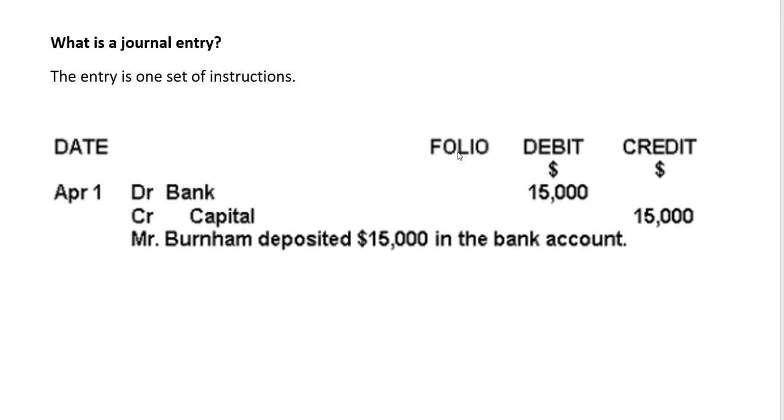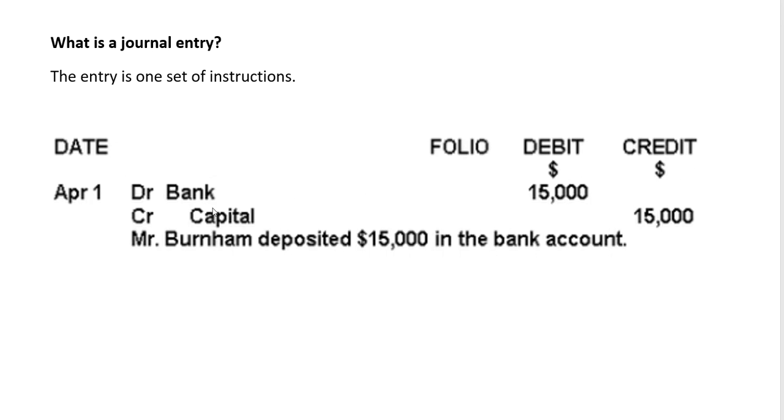I want you to imagine an accounts department with two people in it. One is an experienced bookkeeper or accountant, and another is a very junior member of staff who's capable of posting into the double entry system, but not necessarily capable of understanding why and which accounts to debit and credit. If you can imagine, the experienced accountant is writing up these instructions and then passing them to the inexperienced accountant to say, go ahead and do this. What the inexperienced accountant will do is simply write these figures into the accounts that have been